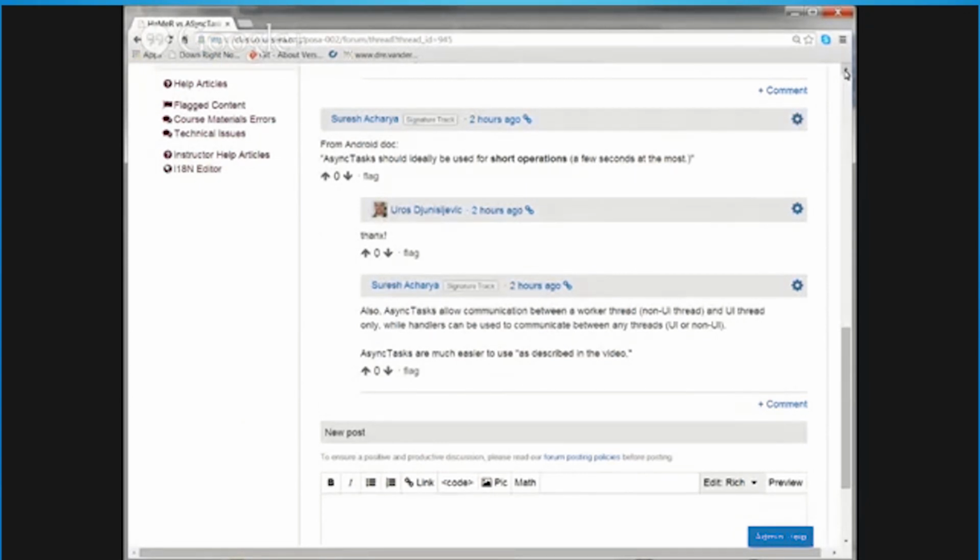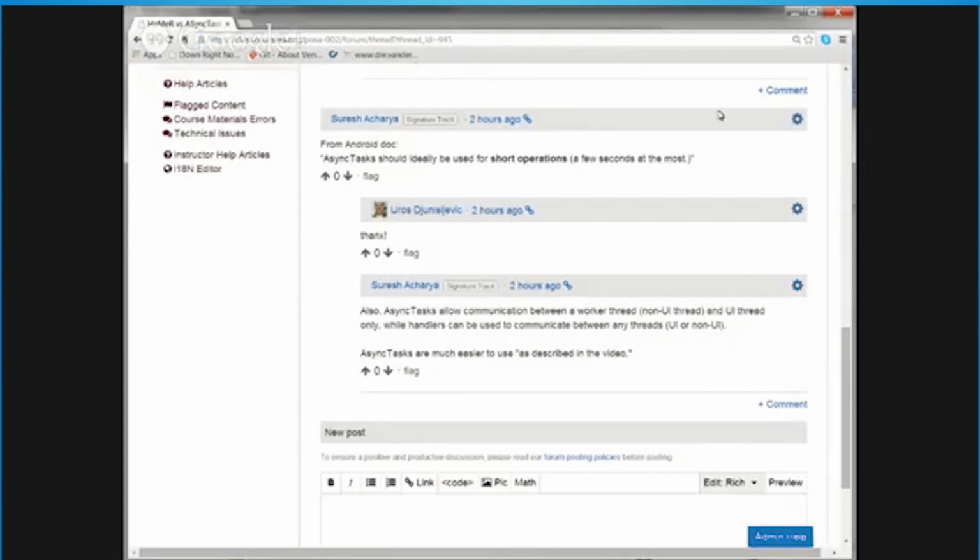And that's if you use the default implementation of async task, which uses a single-threaded executor, or so-called sequential executor. However, once you watch the async task video, you'll know how to trivially change your async tasks to use a pool of threads,